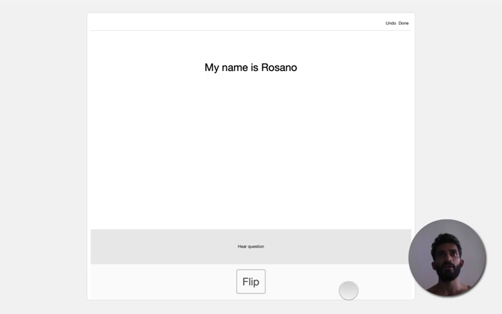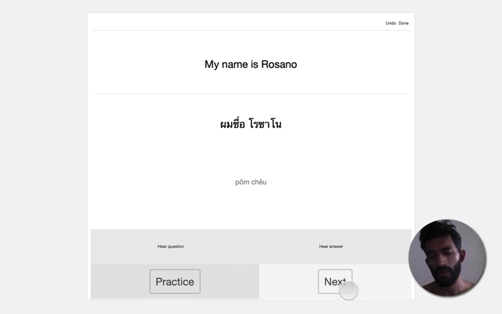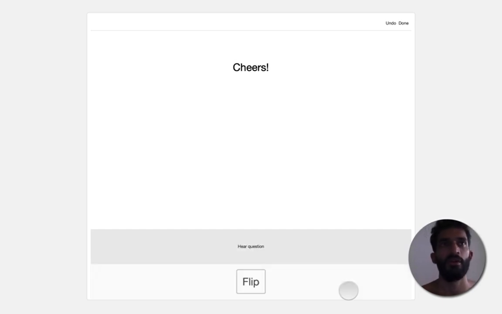I'm imagining pom-poms and a chihuahua in my hand as I'm offering it to somebody. So that's Pomche Rosano. Slightly different, but I'm going to say good enough. Cheers. That's the